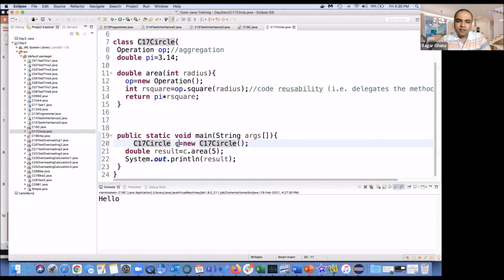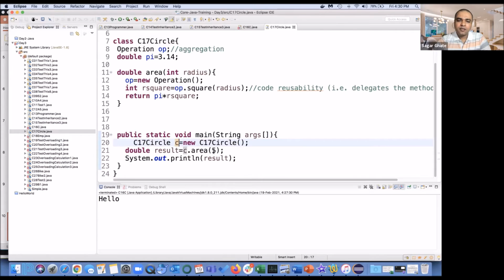So the object got created in my main class, and it's saying double result is c.area, and I'm passing 5 to the area. And you know the area of a circle is pi r square. Whatever this function returns, I'm going to print the result here.